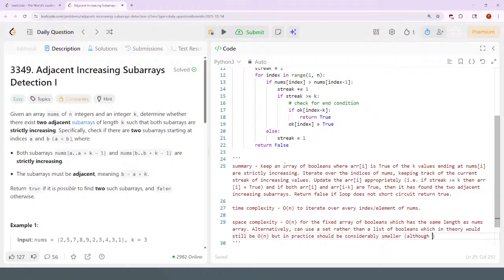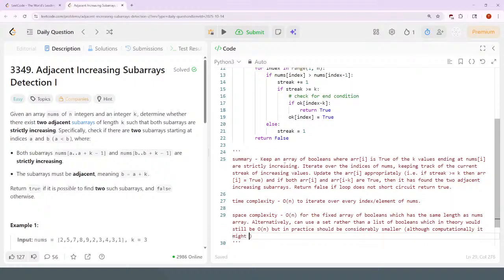Although computationally it might be slower to add and check stuff instead of an indexed array. All right,